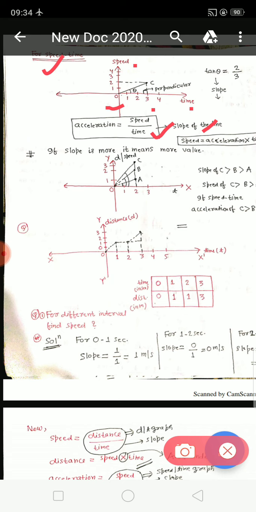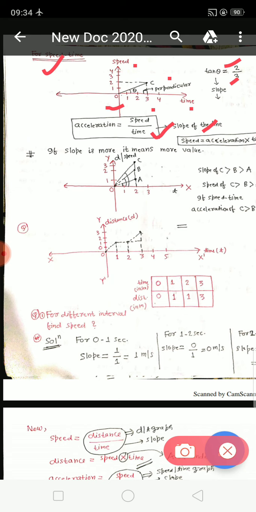How will you calculate it by the graph? So simply it is tangent, tan theta. Tan theta equals p upon b. So what is the perpendicular value here? This perpendicular value is 2. What is the base value? 3. So 2 upon 3 will be the slope. So 2 upon 3 is the acceleration. So it has matched. Simply change in speed divided by time taken will give you the answer numerically, theoretically. But if you have to represent it graphically, then it will be the slope of the line. Slope of the line will be determined by tangent. Tangent equals p upon b.